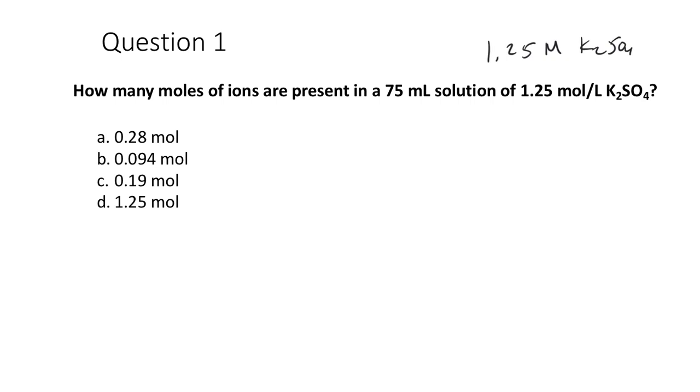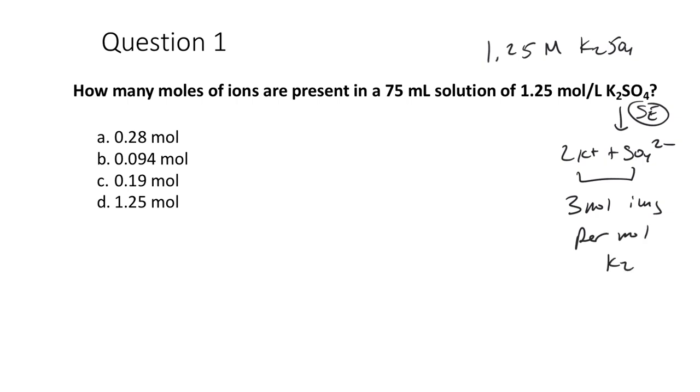That's moles per liter. So K2SO4 in solution, this is a water-soluble compound. It's an ionic compound, so therefore it's a strong electrolyte. So it's really 2 K plus ions plus an SO4 2 minus. And so we're getting 3 moles of ions per 1 mole of K2SO4. So the number of moles of ions we get here